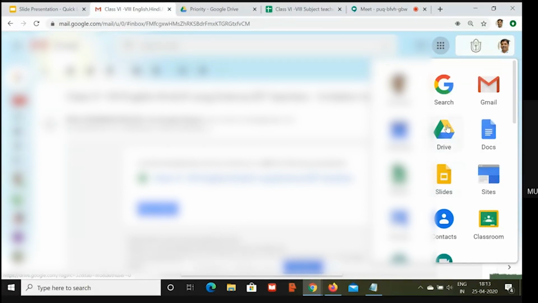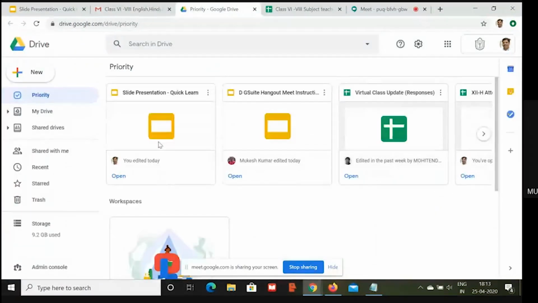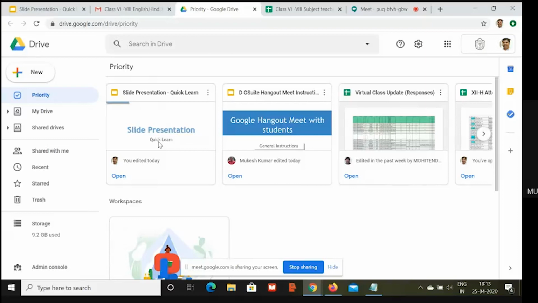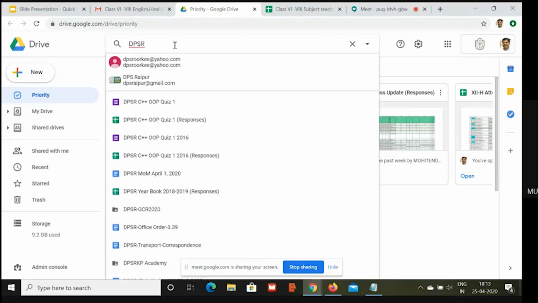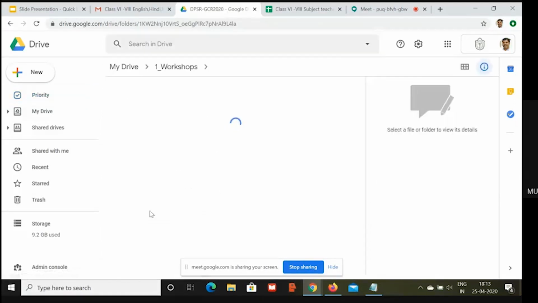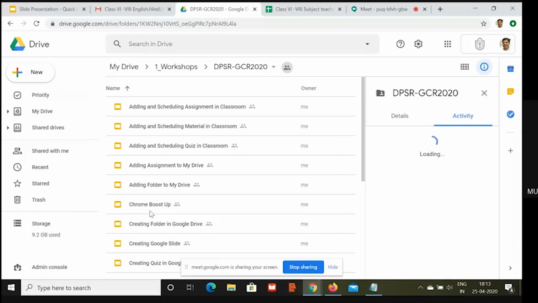But why we take the Drive route? Because in that case, we can just think about the folder where we should be saving this. So let me look for the folder where I want to save it. So I am searching for the folder where I should save. So I found this. So this is DPS Archipuram Google Classroom 2020 folder. So I'm going to save my new slide presentation in this folder.